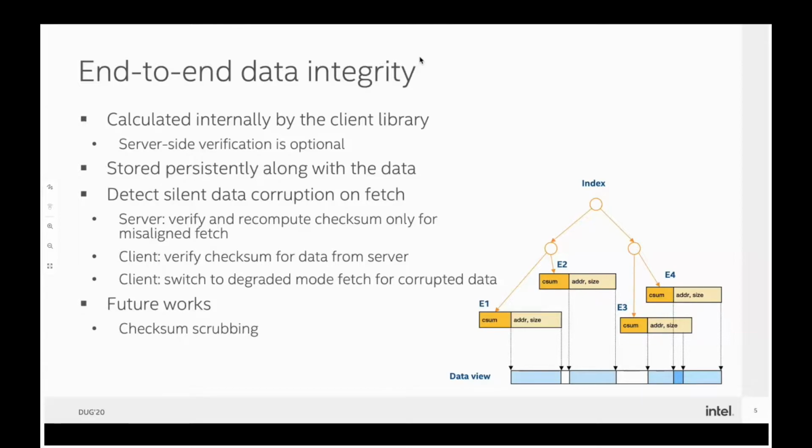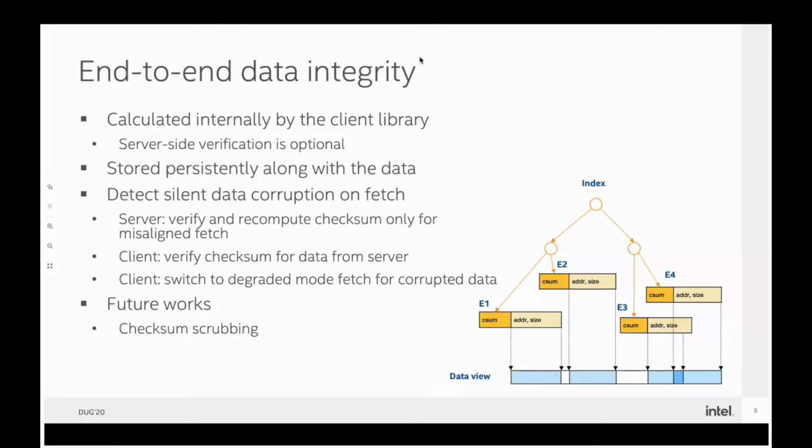And in the DAOS I/O stack, whenever application writes something to DAOS system, the DAOS client stack can compute checksum for application data and send the checksum to the server side. When the DAOS server receives the data and its checksum, it can store both data and checksum in the backend storage, which is persistent memory and NVMe SSD.